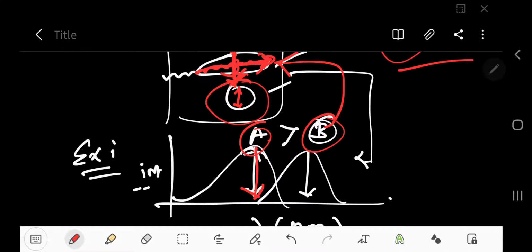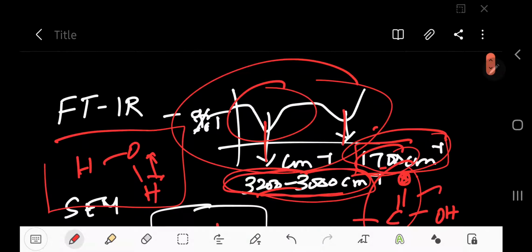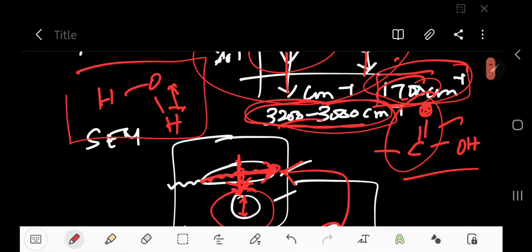There are conventional methods available, but we can make use of the FTIR data to design the experiment. FTIR shows there are two bands, one at 3200, another at 1700. The band at 1700 represents a carbonyl group and 3200 represents OH stretching. So either it can be a carboxyl-based terminal present on the surface of the nanoparticle, or else there is moisture along with the carbonyl linkages present. The carbonyl is not confirmed, so it can be amide or ester or anything, right? These are the inferences; the question is answered and the inference is also given.